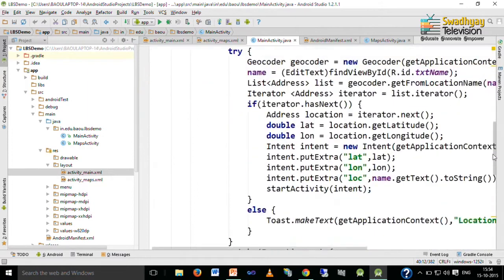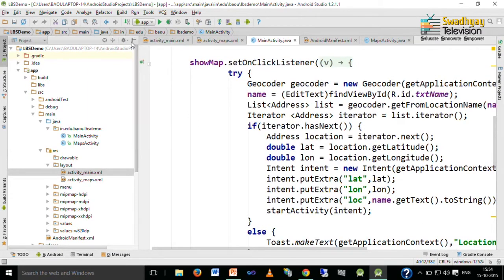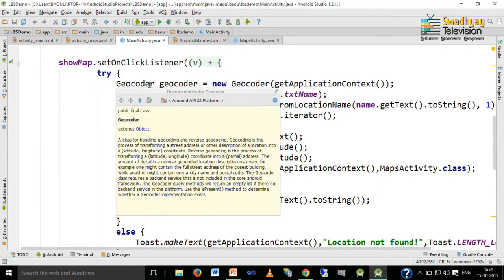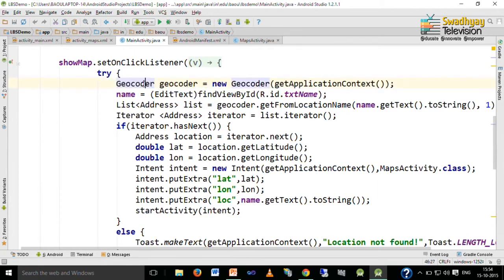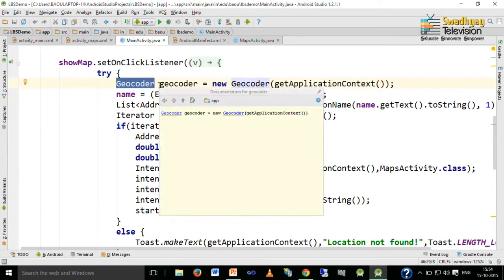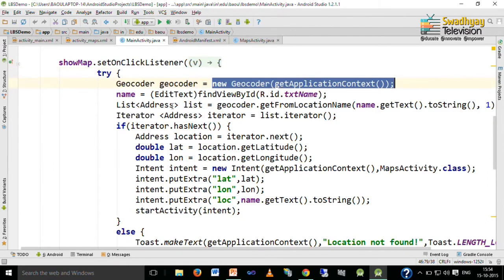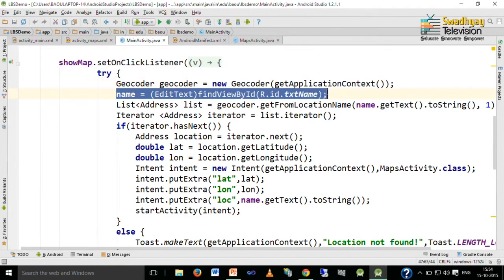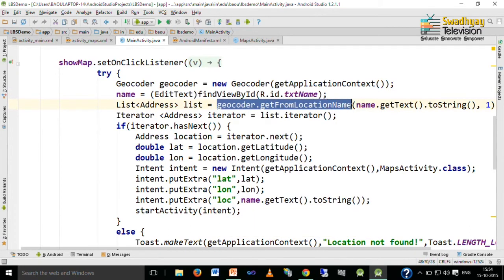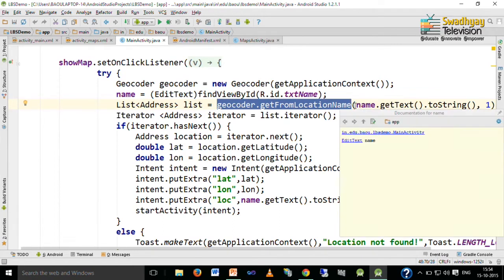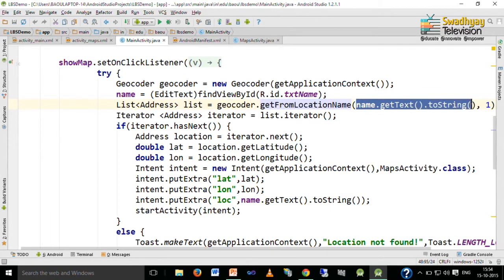Now, when the second button is pressed, we first convert our place into longitude and latitude using the Geocoder object. This Geocoder object instance is created, then we take the name from the edit text, and finally, we call the getFromLocationName method of Geocoder discussed earlier, and here is the name of the place, and here we want to retrieve only one result. In the last example, we took 3 results. So,